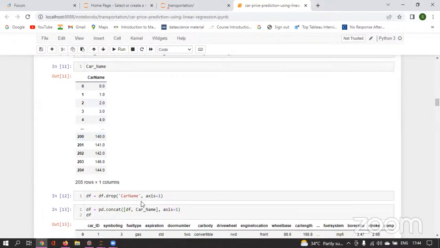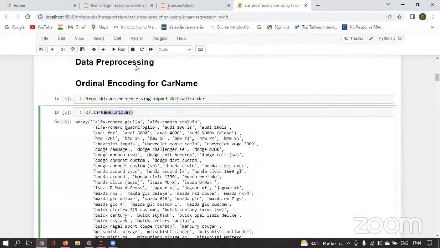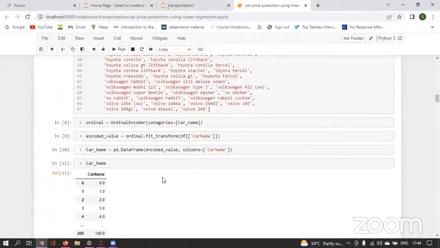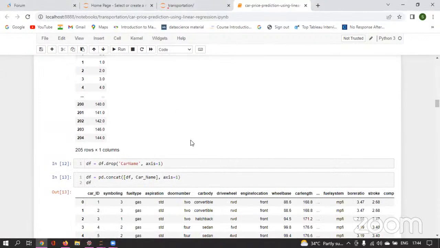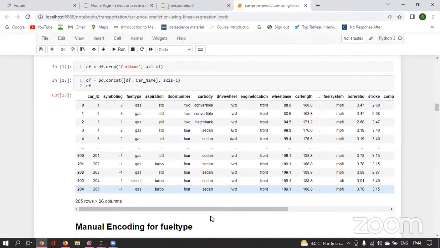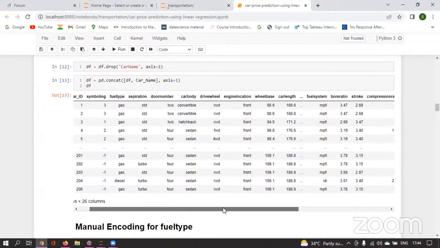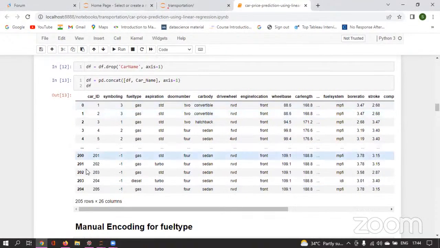Here you can see the ordinal encoding. Car name and the rest, whatever the car name will be having, I'm simply dropping that, since that doesn't require, I just need the brand name. And then car ID. What are the features that are required for us and which are not required? The features that are not required, I'm simply dropping those. Here, car ID is not required.